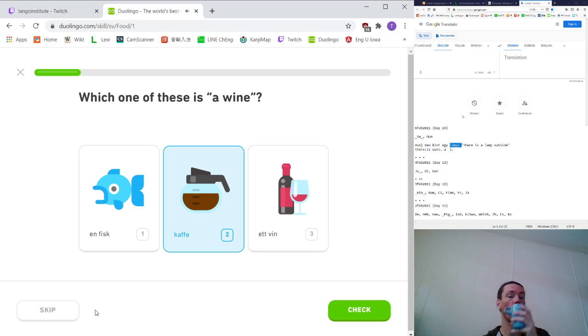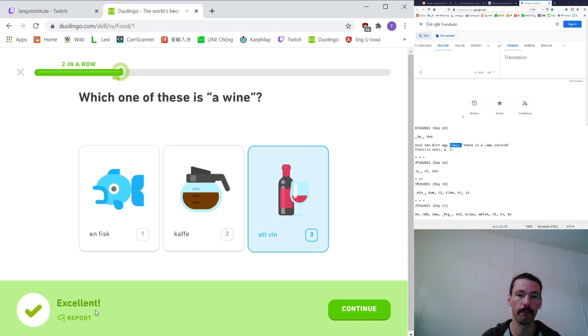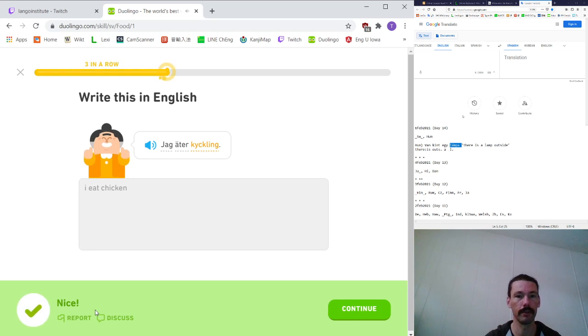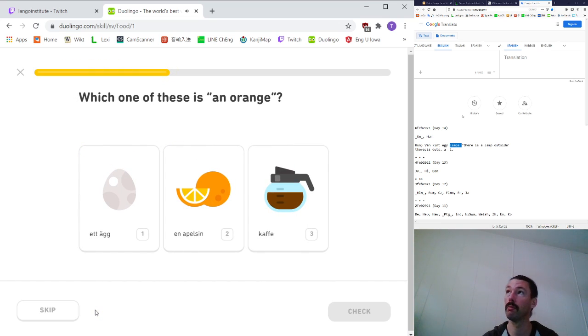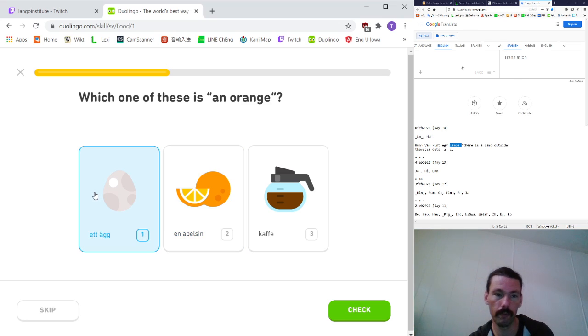En fisk. Kaffe. Ett vin. So this I need to take note of. In German, the word for wine is masculine, but in Swedish it's neuter. Jag äter kyckling. I eat chicken. Kyckling. Note that the K before certain vowel sounds softens to a sh sound instead of k. En apelsin. An orange. This may puzzle you. It looks like a word for apple, but it's from an old compound meaning an apple of China,